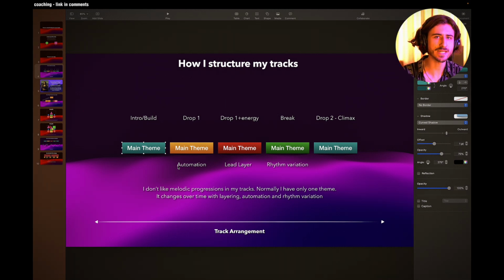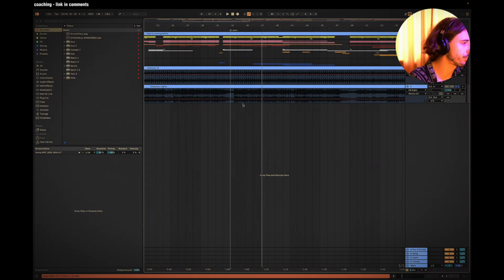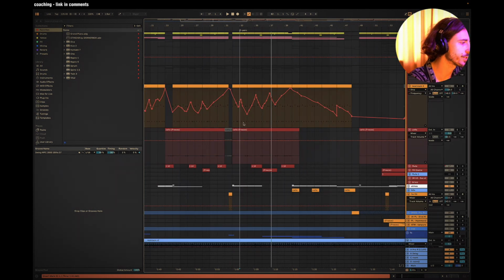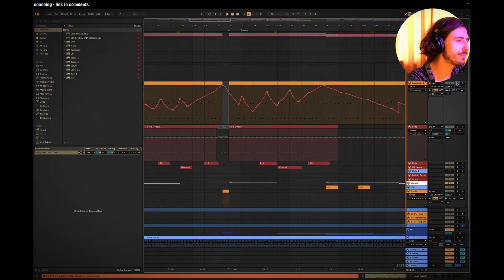Again, think creatively. Even if you have one sound, there's so much stuff that you can do. Automation, layering, rhythm variation, so much stuff. As long as the sound changes over time, it's okay to use it throughout the whole track. So let me bring this point home. So for example, just because there's so much movement,